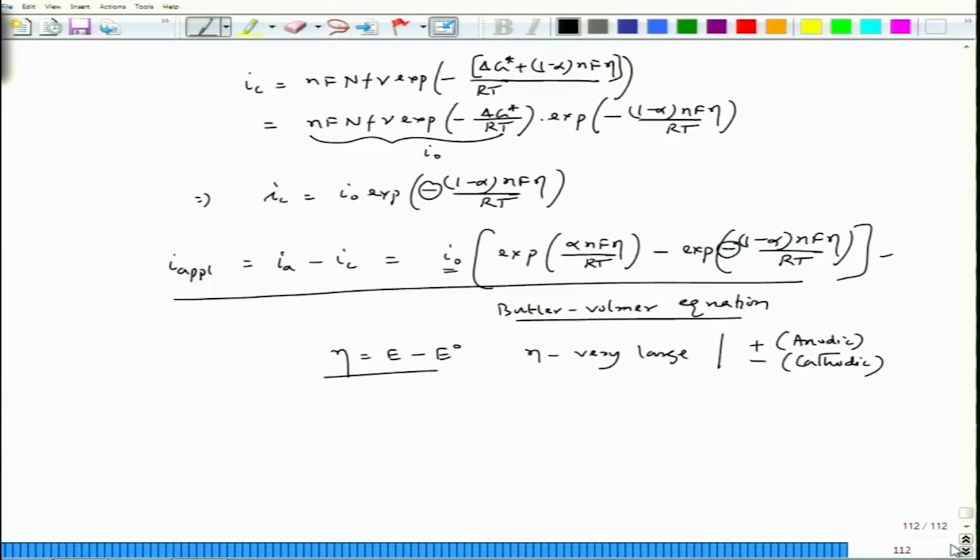But if I try to look at this equation, let us say eta is positive, a large positive value. At that time, if we consider this particular part, this part we